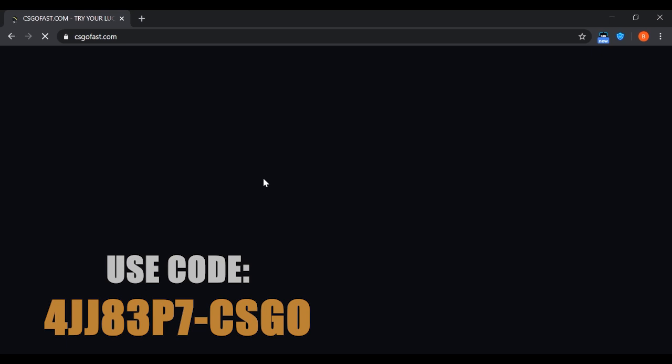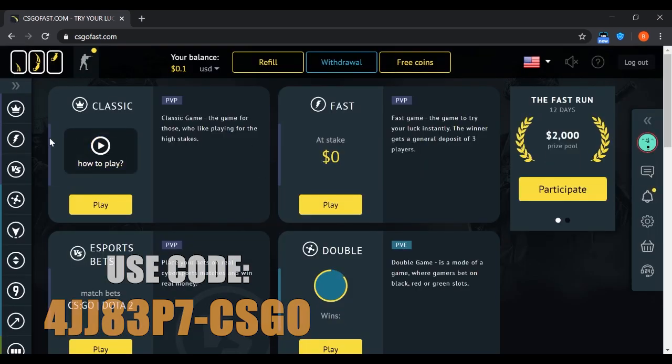And yeah, guys, I really like CSGO Fast. I think they're one of the best CSGO gambling sites out there. They have a ton of different game modes, and they also offer free coins as well. So yeah, guys, as you can see here, this free coins button, go ahead and click on it, and make